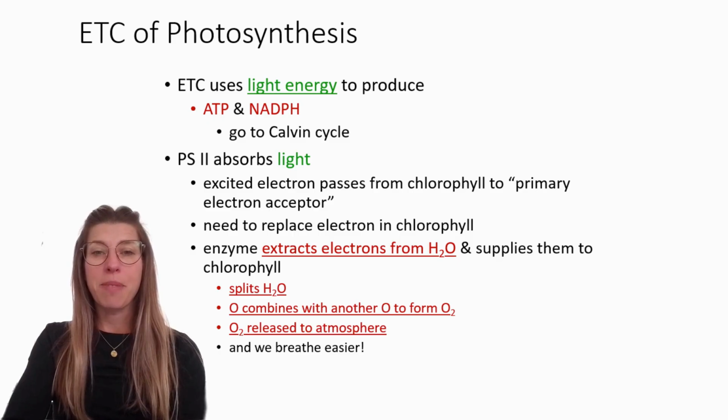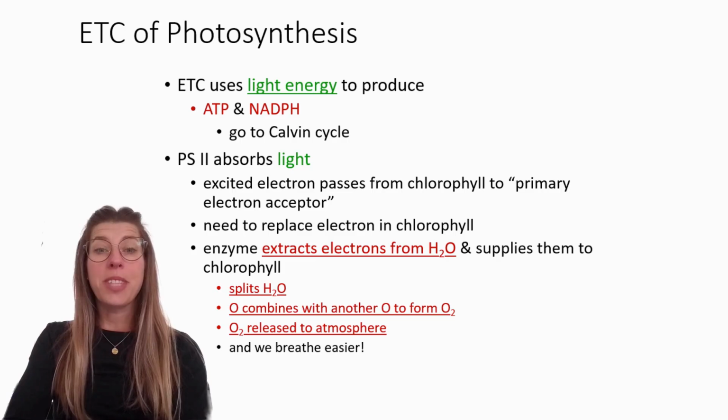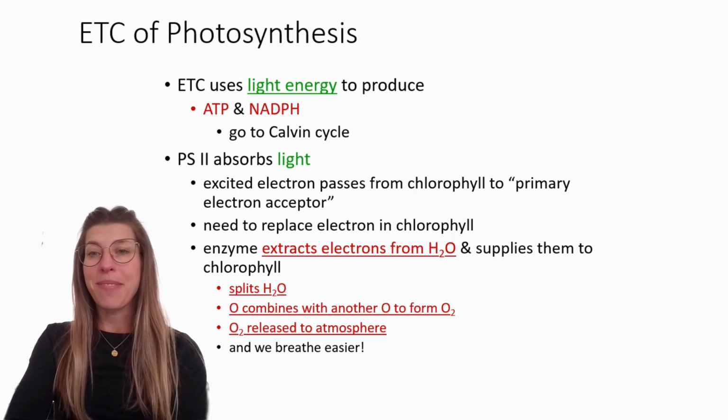So just to recap the electron transport chain of photosynthesis, it uses light energy to produce ATP and NADPH. And these two are precursors and necessary to move into the Calvin cycle. Photosystem 2 absorbs light. It excites electrons in the chlorophyll, and it moves them to the primary electron acceptor within the electron transport chain. And then they need to replace the electron in the chlorophyll, okay, by